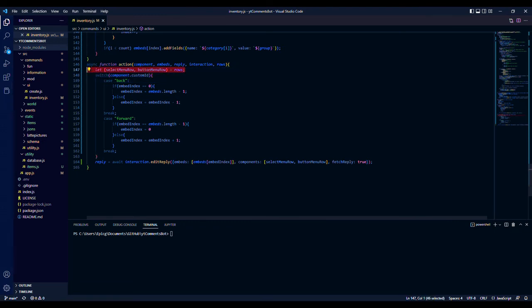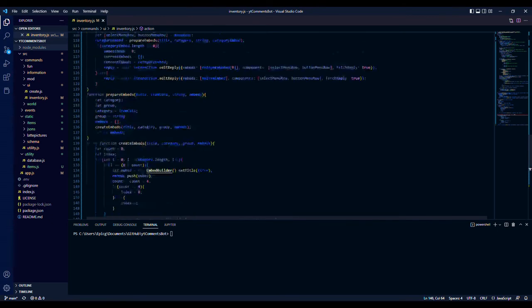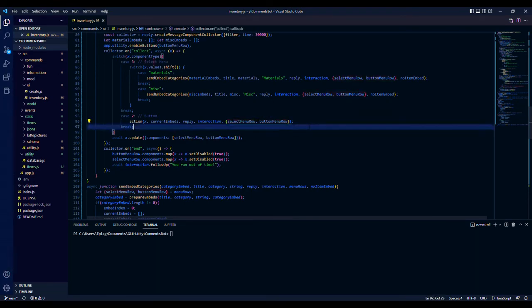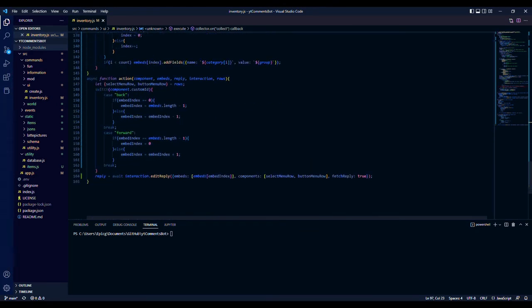So now we just gotta set these as variables to equal the rows, to whatever we pass in here, which would be this. Should be this. And then we're doing our switch. Component.customID. So it'll take the component and we'll find the custom ID. This will only run if the component is a button. So if the custom ID equals back, we're going to do some